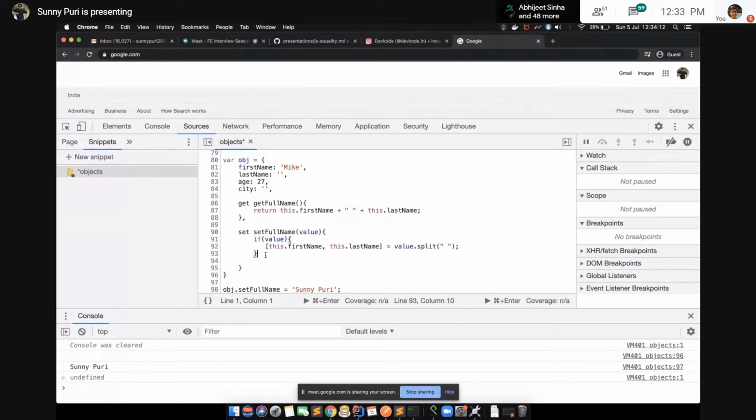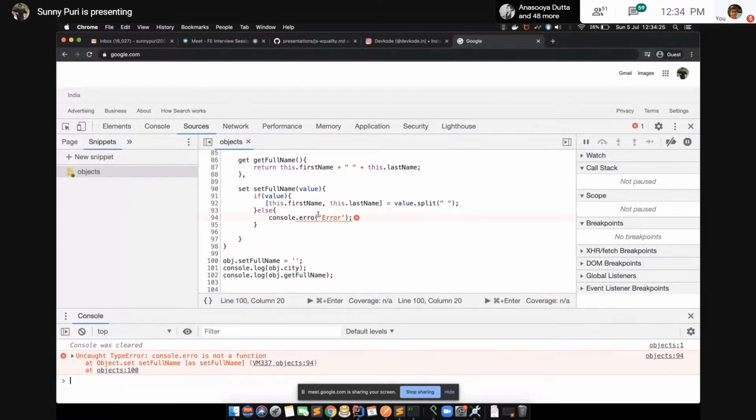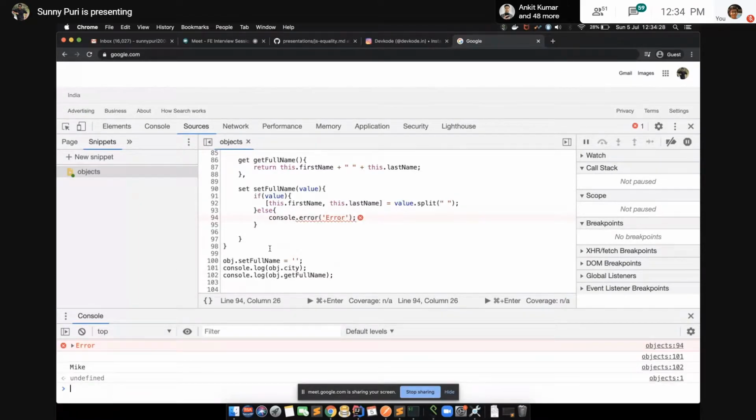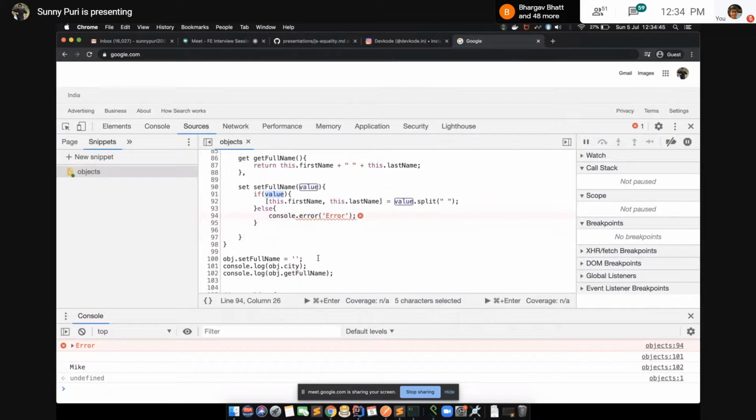If value is empty, if you're not aware with, sorry, it's error. So if you're not aware with these falsy values, you have to see one of the sessions I have covered on what are falsy values. We have 6 falsy values. So if this string is empty, this will not go in this case, right? So I have prevented our logic so that anyone cannot add an empty string. You cannot update an empty string.